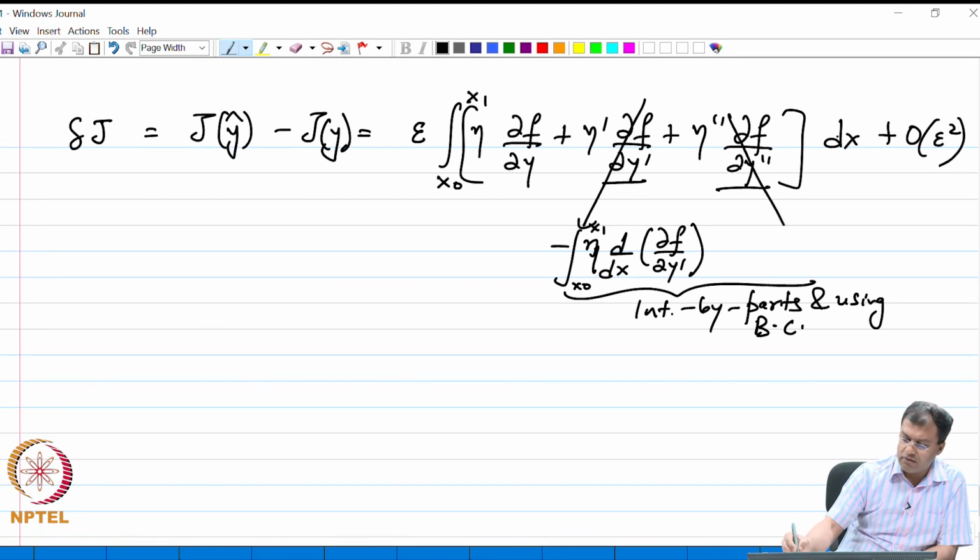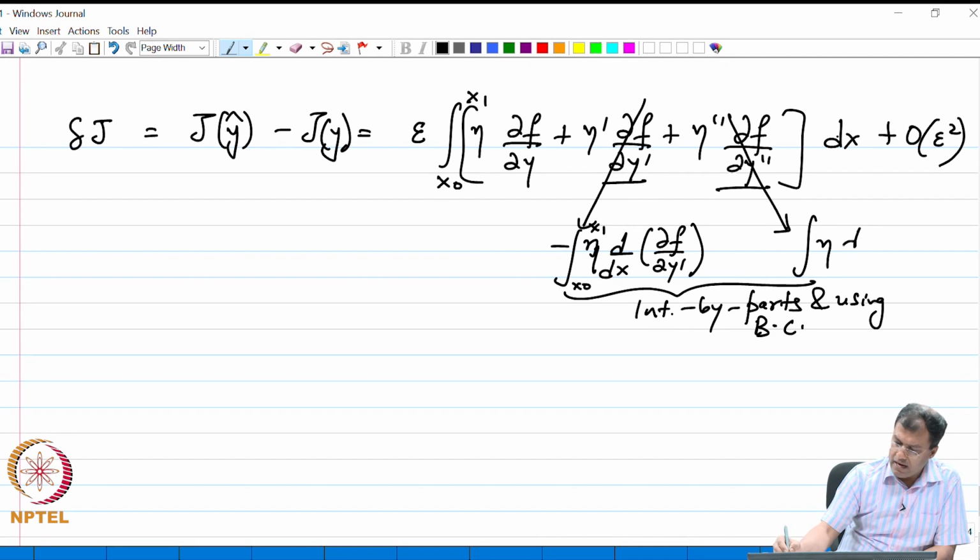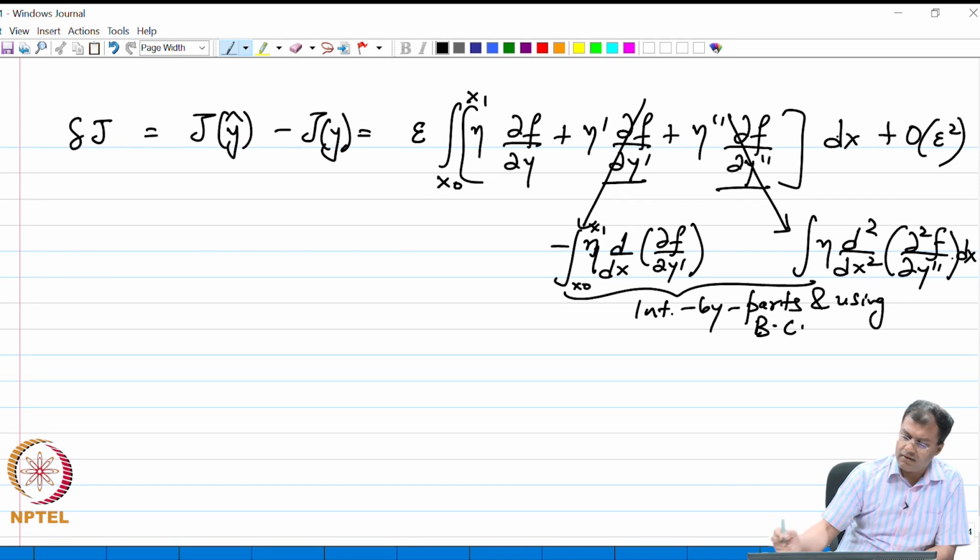And finally, in the third term we have to do integration by parts twice, and again use boundary conditions, all the 4 boundary conditions, to arrive at the point that this integral is eta times d 2 dx 2 of del f del y double prime, right,